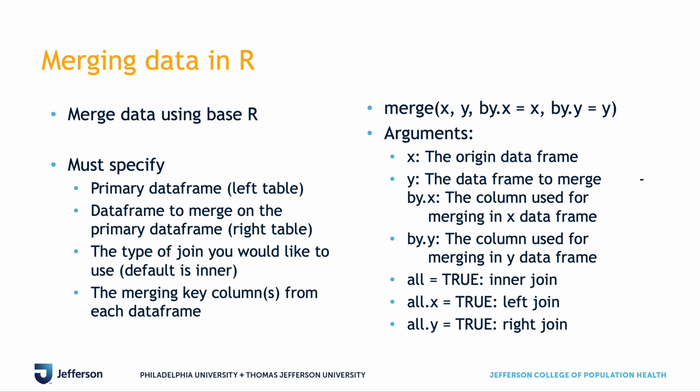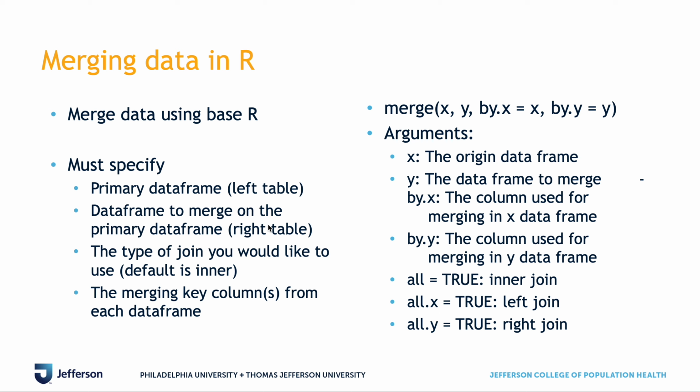And so, merging in R. Now that we understand how this works, the different types of joins, and why we do it, it's time to figure out how this gets executed in R. And it's all through the merge function, which is in base R, so whenever you download R, it's just part of the R software. All we have to specify is x, which is going to be our left table, the primary data frame,